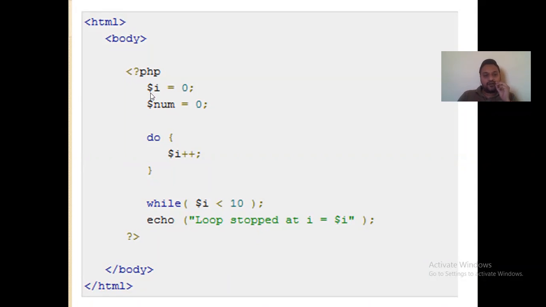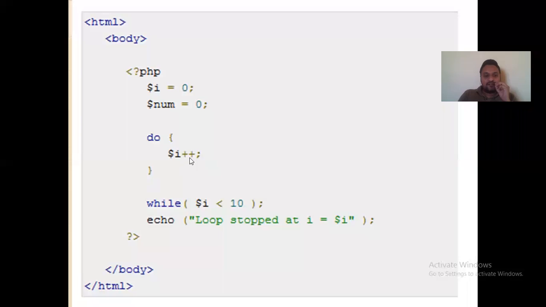So how to write a variable in PHP? It is very simple. We write a dollar sign and then the variable name, is equal to the value of that particular variable. So here the initial value of variable i is 0. Here the initial value of variable num is 0. Now we are seeing this do while loop. The do means we have to execute all these statements first. And in the while statement, what was happening? We check the condition first and then execute based on it. But in do while loop, the block of statements has to be executed at least once.